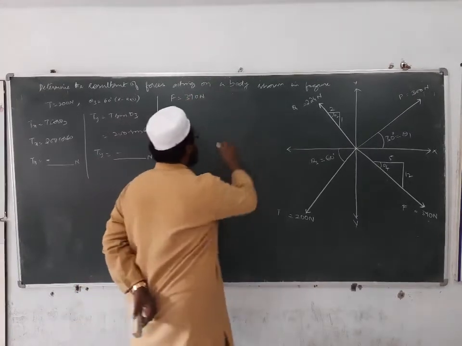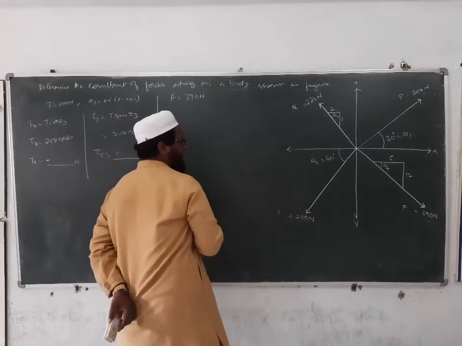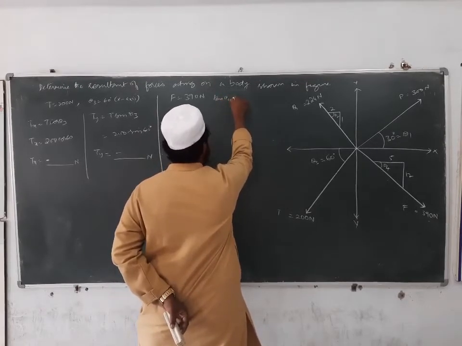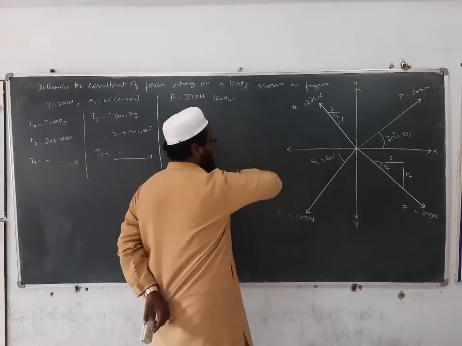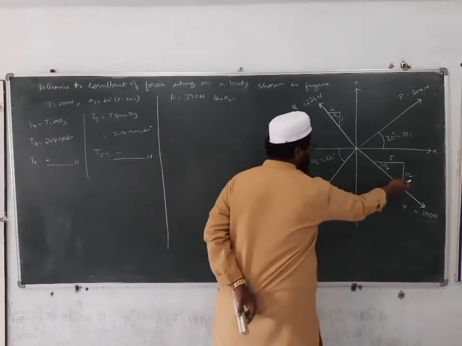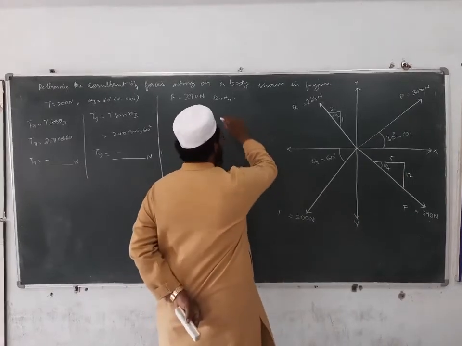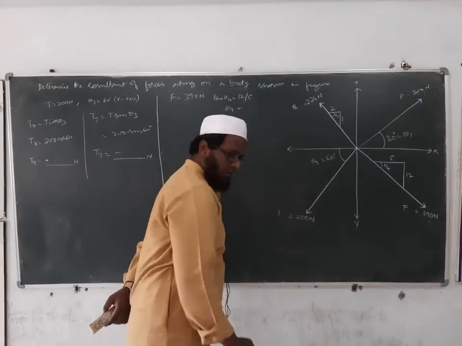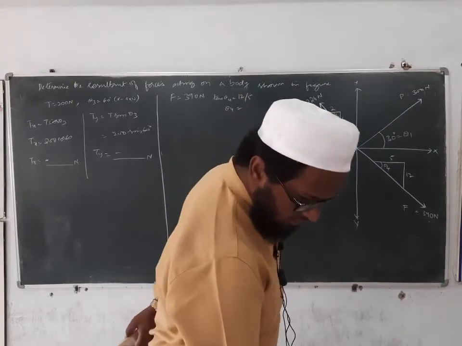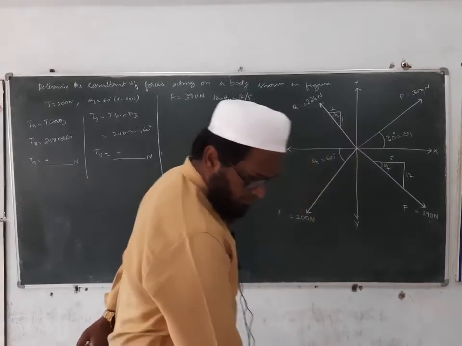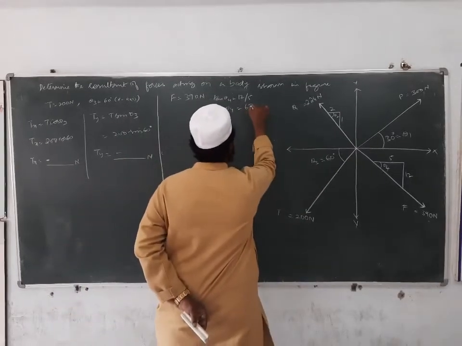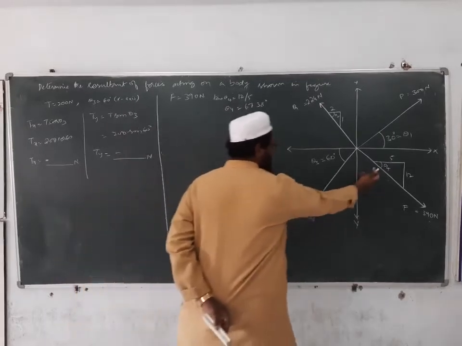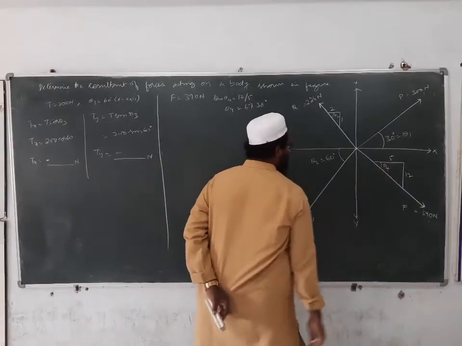For that also we don't have any angle, so we can directly calculate the angle. Tan theta 4 is equal to height by base, right? So this is opposite and this is adjacent. So tan theta 4 is 12 by 5, and theta 4 you will get as 67.38 degrees. With which axis? X axis. See here, with the horizontal line. Theta 4 is with horizontal.